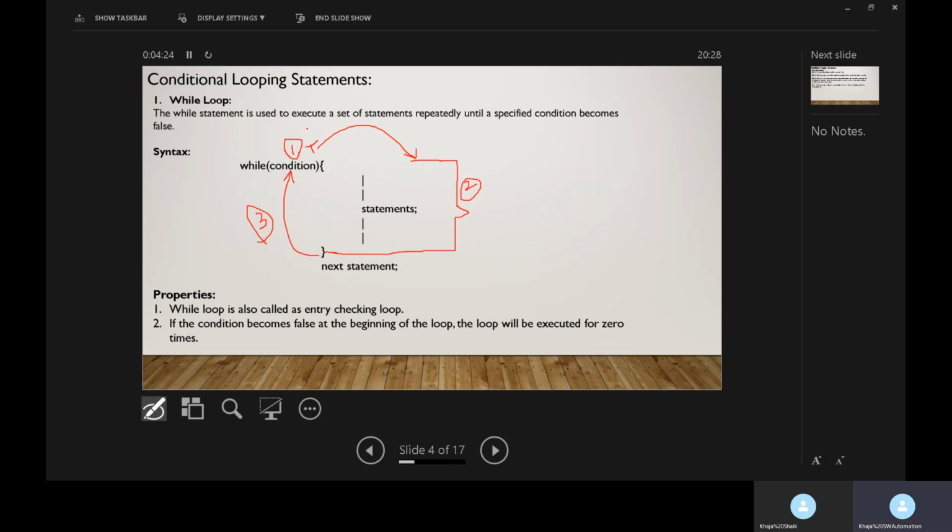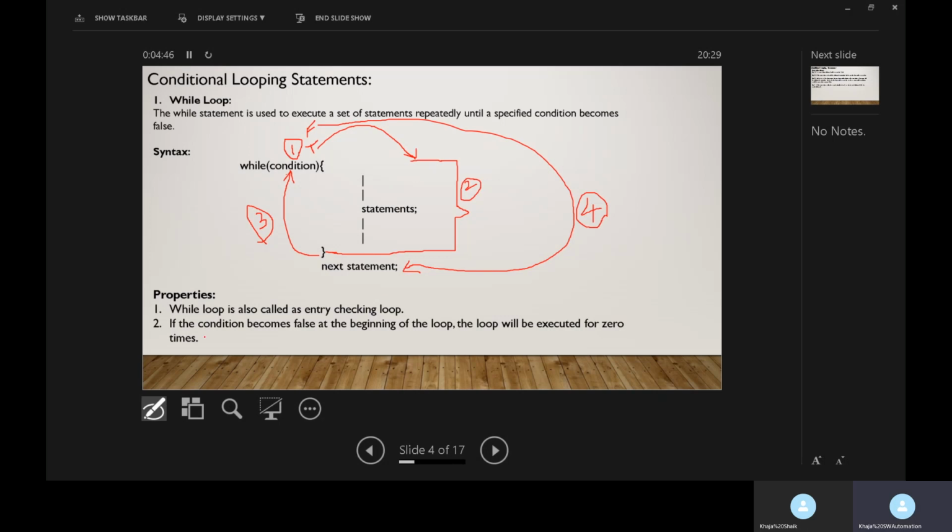Once the condition becomes false, the loop will be terminated and the control will be transferred to the next statement after the while statement. So like this, in these 4 different steps, the while statement will work.